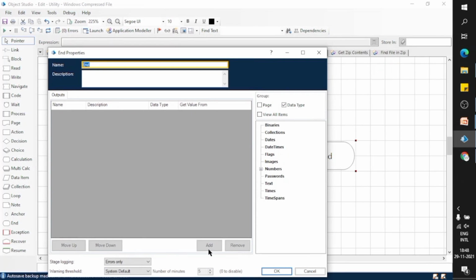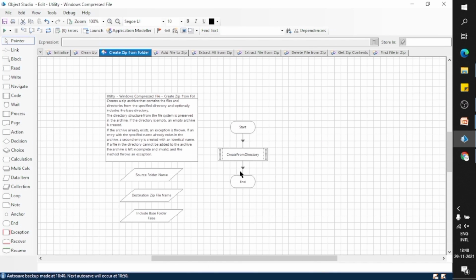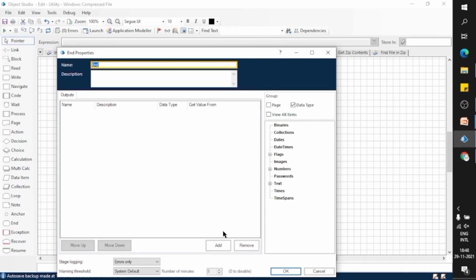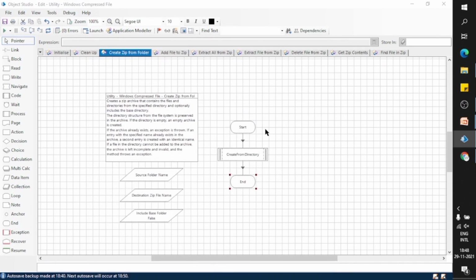As we have added input parameters in the start stage, similarly we can add parameters in the end stage, which are known as output parameters.